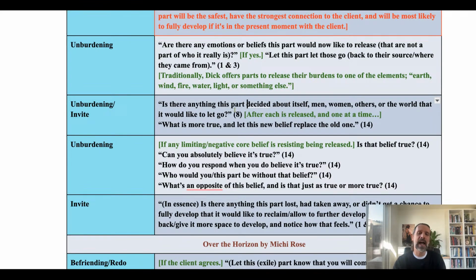And most of the time, I'll throw it out there as one sentence, but that might be too concentrated. But is there anything that this part decided about itself, about men, about women, about the world that it would like to let go? And then after each one is released, and this is Byron Katie, what is more true? And let this new belief replace the old one. What she says, I'll just touch on Byron Katie a little bit,